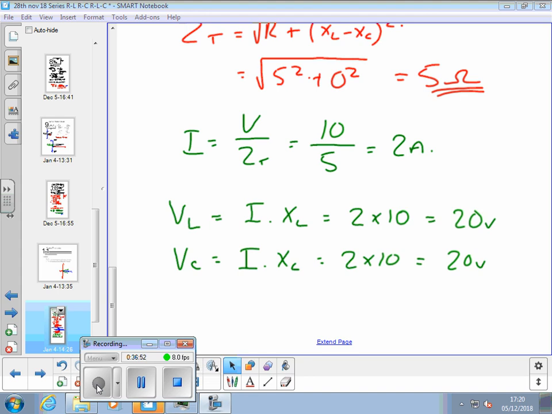So the thing really to remember, if we're talking about resonance, is that it's the point where those two values are equal to each other. You can always make that statement: at resonance XL and XC are equal, cancel each other out, and so all you've got in the circuit is a resistance R. So various different things happen in circuits when you add AC voltages to them. Alright? So that concludes